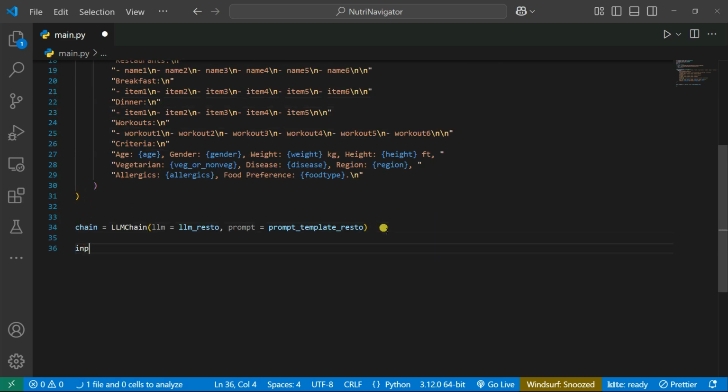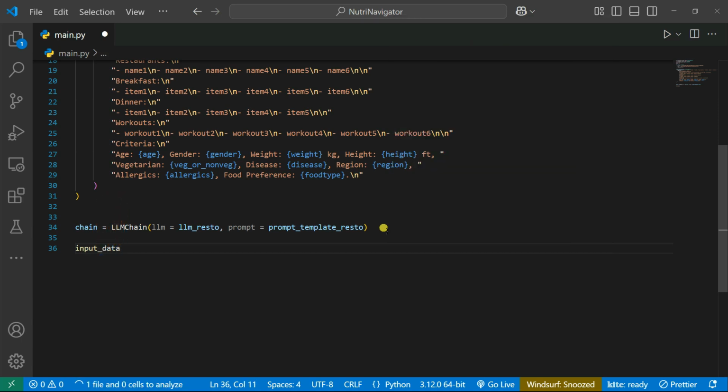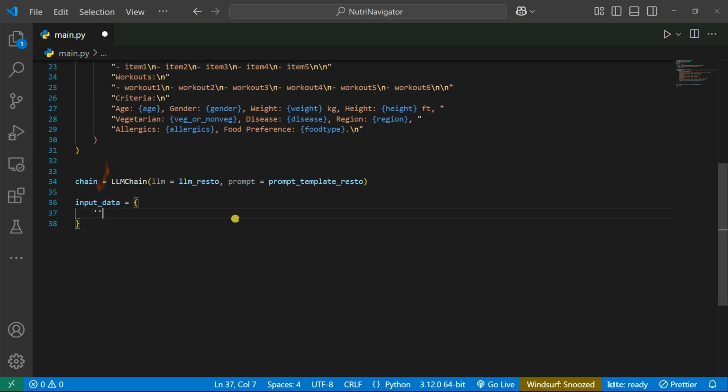So what I can do, you can be creating here a list for that, or you can also create a dictionary. So let's say input data. So you're going to create here a dictionary. It looks like the JSON format. So in here we have the key and value. So our first key is nothing but age. So let's give it my own age, 25. And then the next variable is gender. So let's say gender, male, and then weight, let's say 70 kg